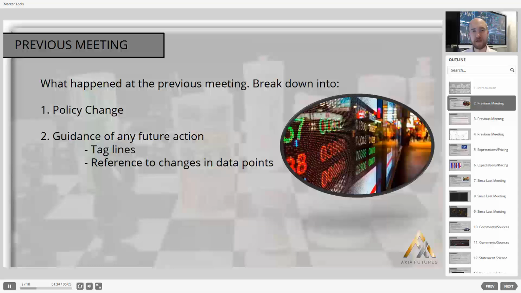So the aim is that they will guide the market either by references to certain changes in data point, that's known as a central bank being data dependent, or they will use certain taglines. You'll notice as you read through various different central bank statements that they use specific taglines to indicate something coming forward. I'll give you a very clear example. The ECB